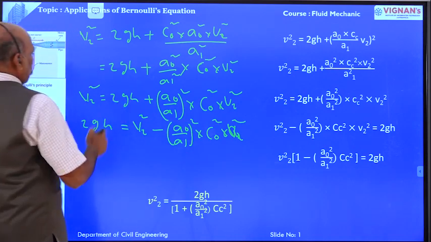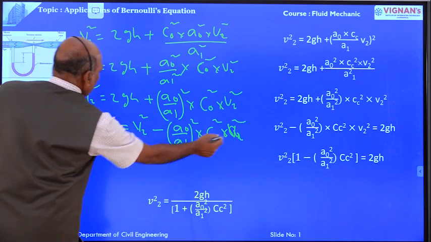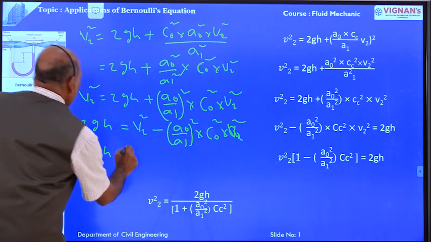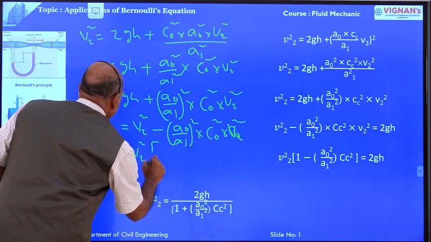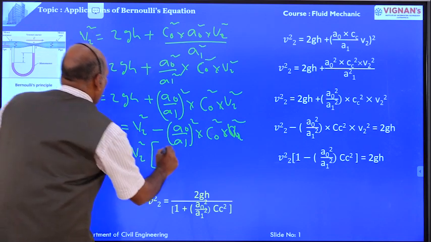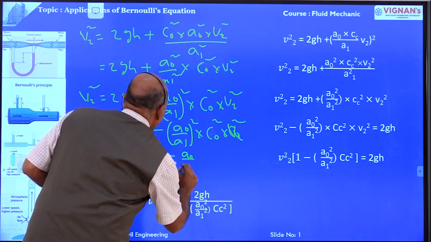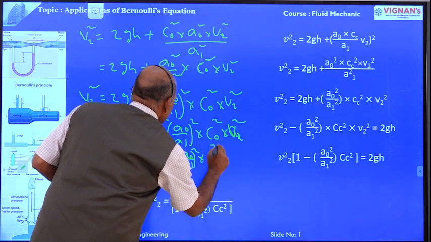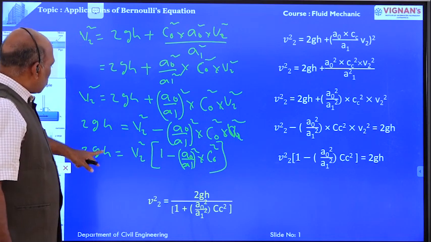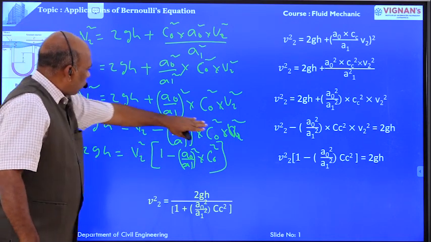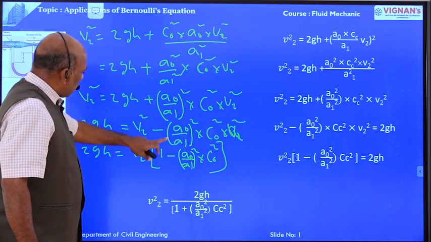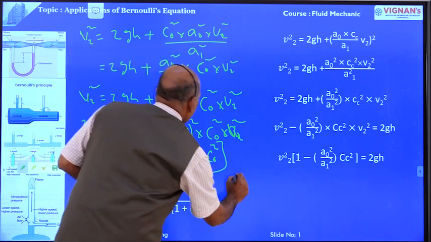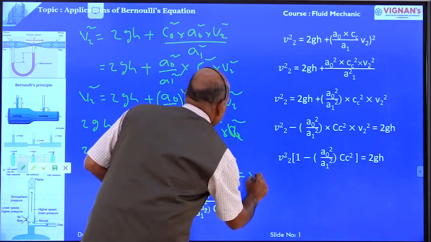Now we are going to take V2 square common in this equation. Therefore, 2gh is equal to V2 square taken out, 1 minus (A0 by A1) square into Cc square. Therefore, from this equation V2 square is equal to